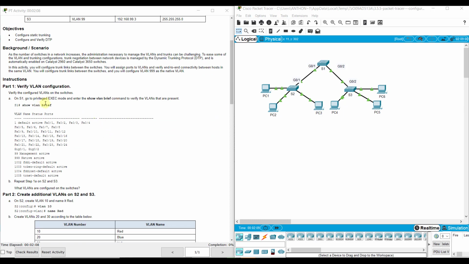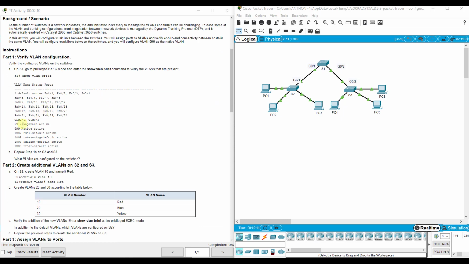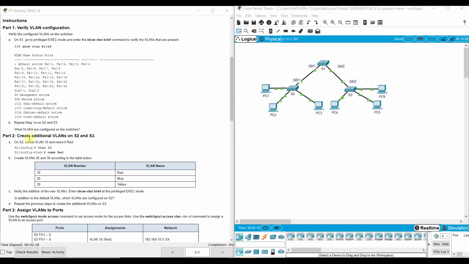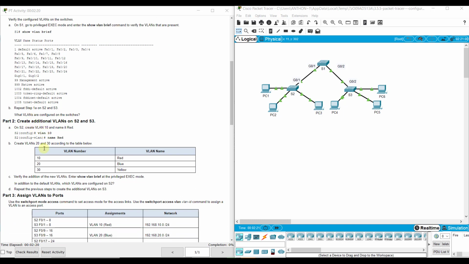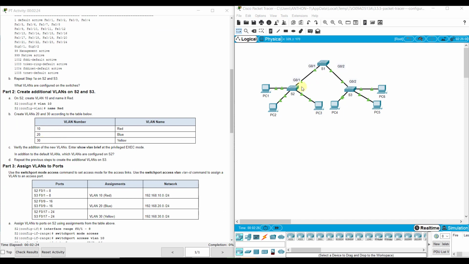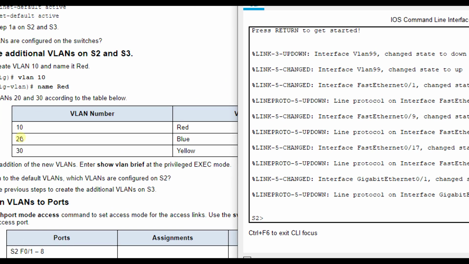So they have you do a show VLAN brief and show that you've got a VLAN 99 and a VLAN 999, a native active and a management active. They want us to basically create two new VLANs on switch 2 and then name them. So we're going to go to switch 2 here